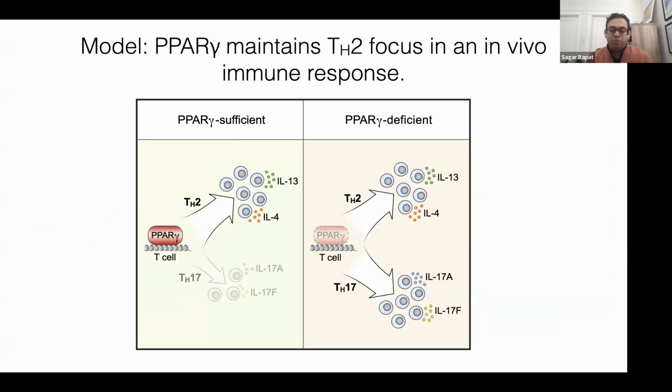And this is an idea. What does it really mean? We're not clear how this could possibly be working, although we obviously think that it works by somehow PPAR gamma within the T cell itself. But the idea being, when the PPAR gamma is sufficient in an animal, if you ask for a Th2 elicitant, there is,